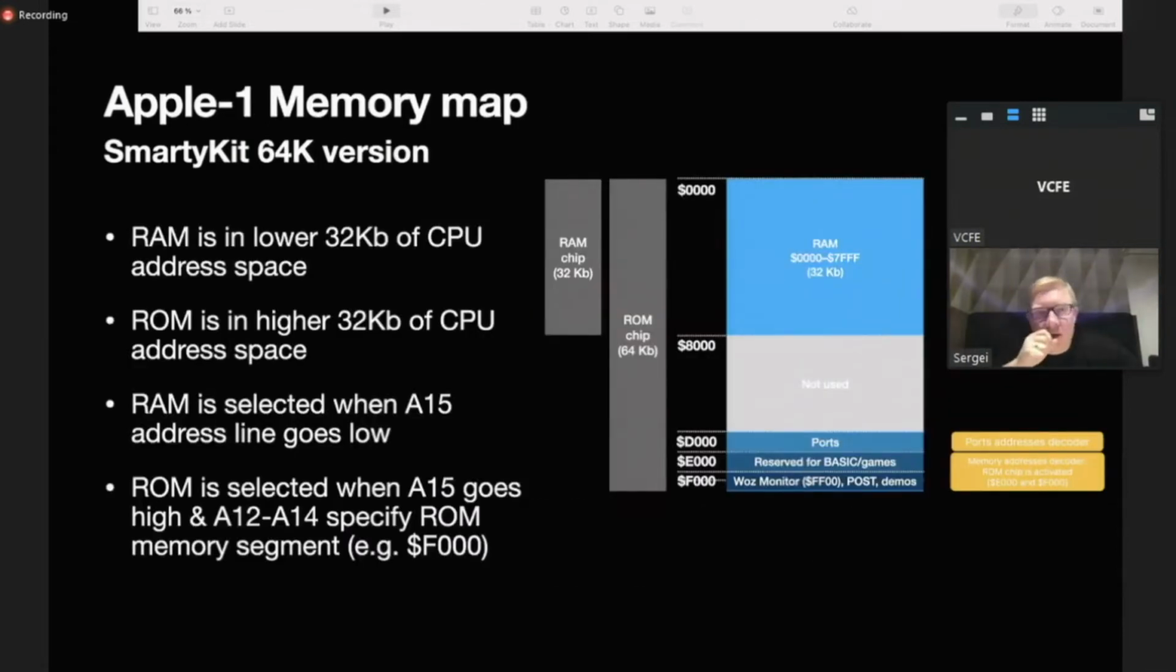Regarding the memory map, in our case it's 64 kilobytes, and the lower part is RAM and the higher is ROM. Decoding is done by checking the A15 address line, and if it goes low, the signal it generates is used as chip select and output enable for RAM, and for ROM it's a little bit more